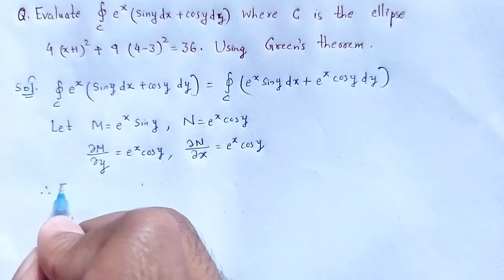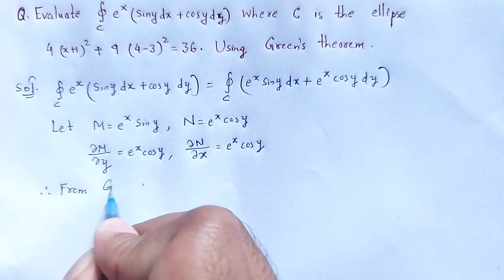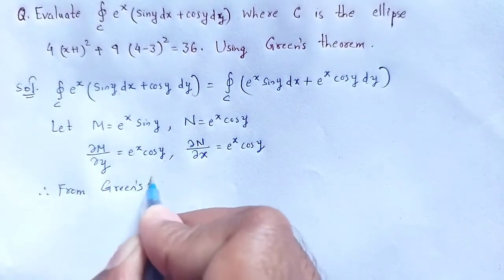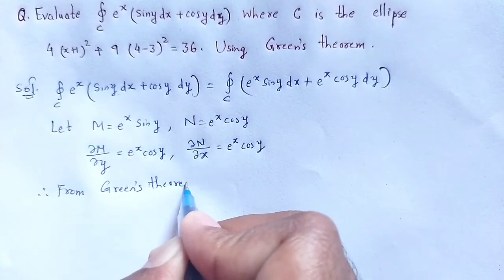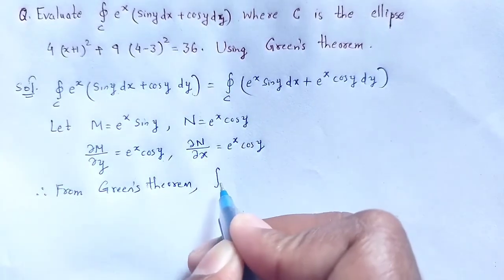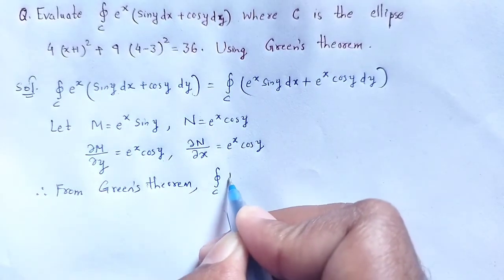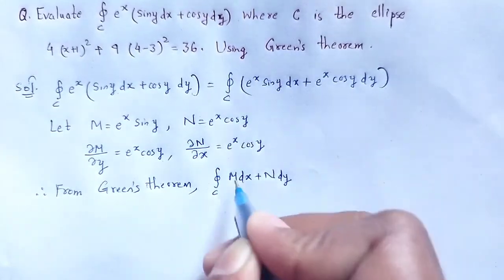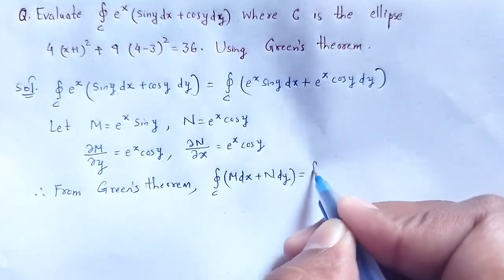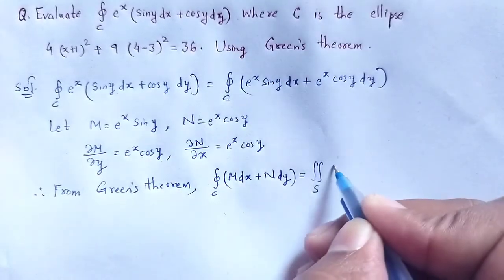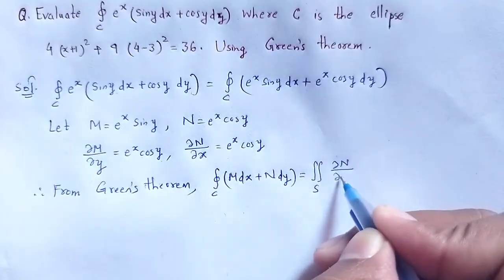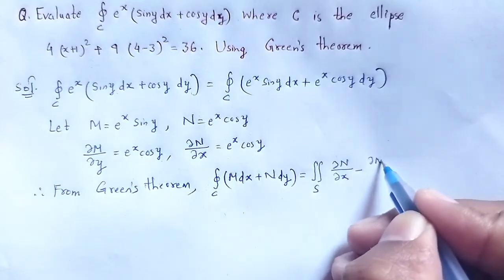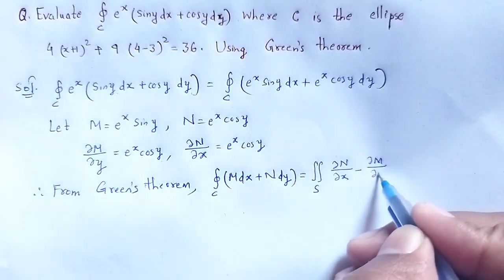Therefore, from Green's theorem we know that the closed curve integration over c m dx plus n dy is equal to the double integral over s of del n by del x minus del m by del y